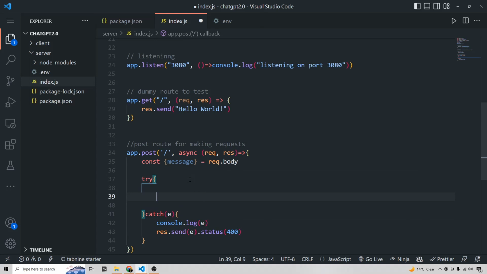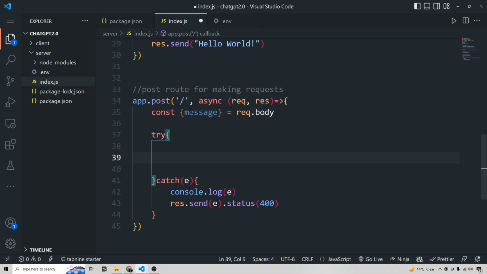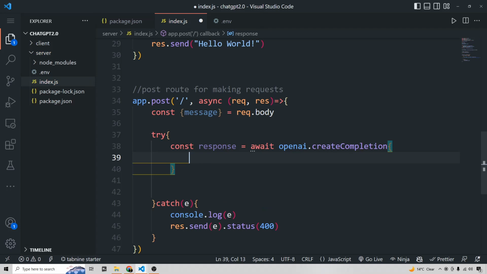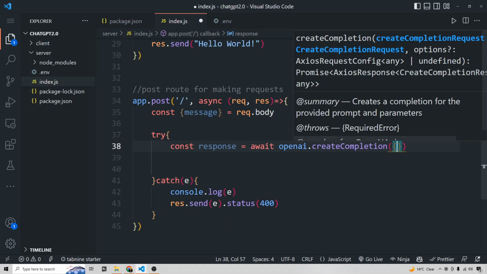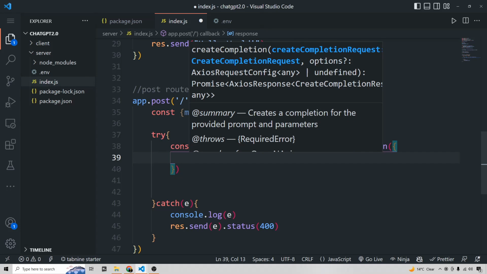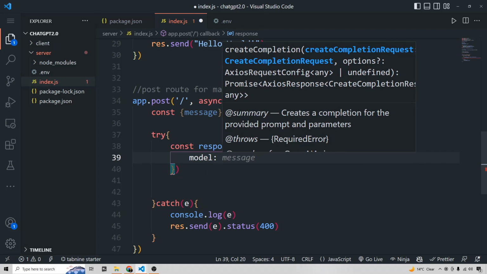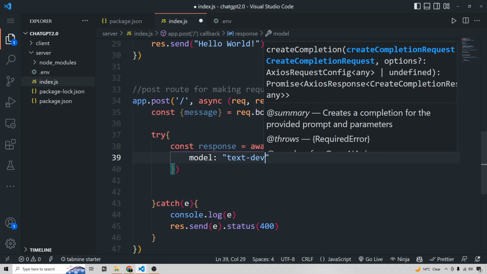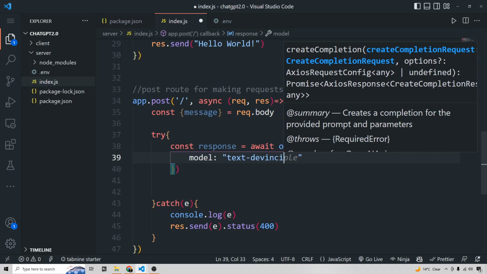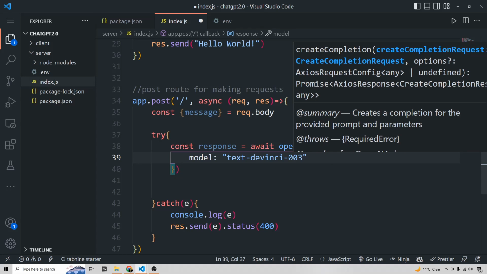And then in the try block we have to implement our logic for the response of this message we got from the client side. Here I am saying const response is equal to await openai dot createCompletion. In this method we have to pass some parameters, which are basically the specifications. The first specification is the model we are going to use. We are going to use the most advanced model up to now, text-davinci-003, which is the most trained model,